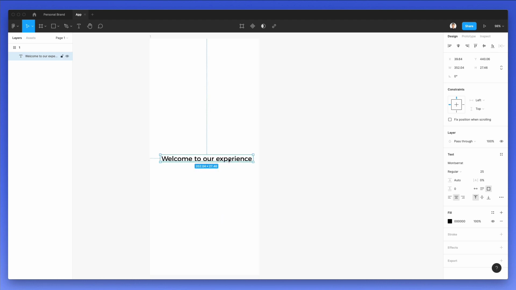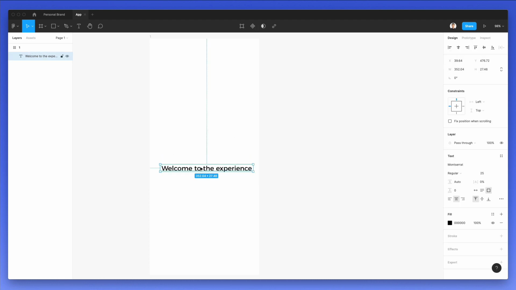Let's make this a little bit bigger. And let's change this. Actually, let's just change it to welcome. All right, now we're going to create the subheadline for this, and let's change this one here. All right, so let's make it even a little bit smaller since this is going to be a description text,